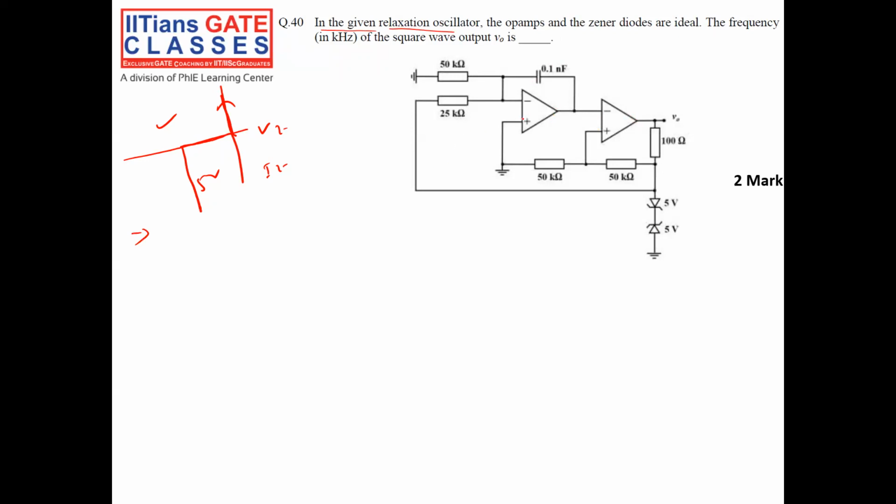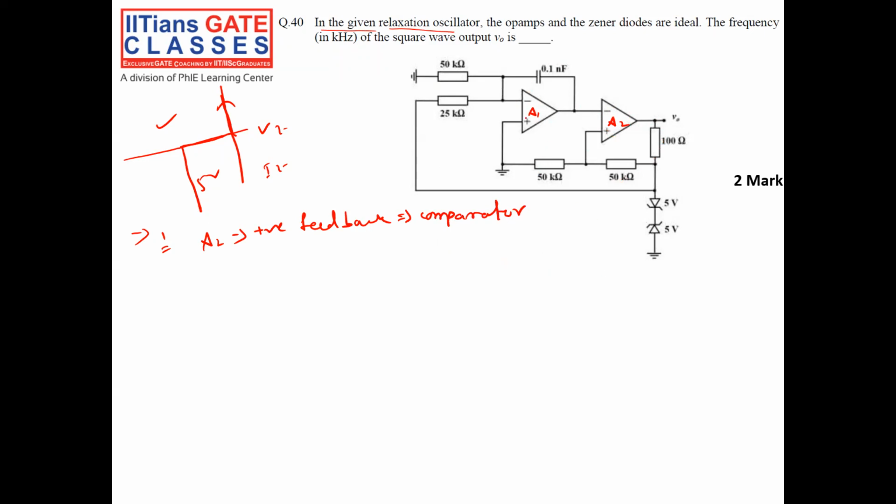First thing is, suppose this is op-amp A1, this is op-amp A2. We know this is an op-amp. First step, in this op-amp we could see the output goes to the positive terminal. That means it is a positive feedback. So A2 is in positive feedback. Whenever an op-amp is in positive feedback, it will behave like a comparator. So this much you know. So first put all the information, whatever you know.